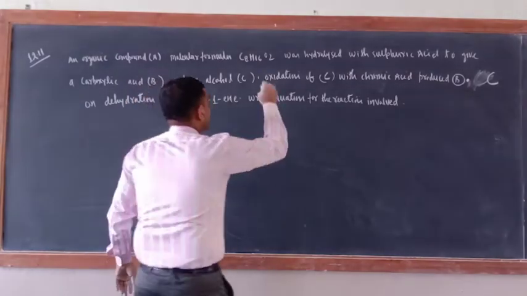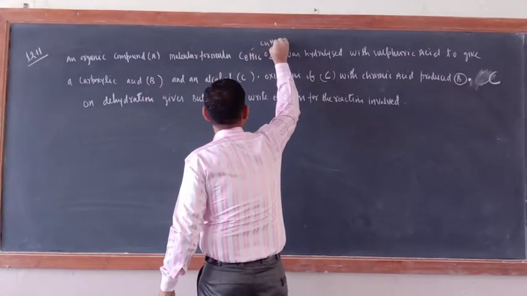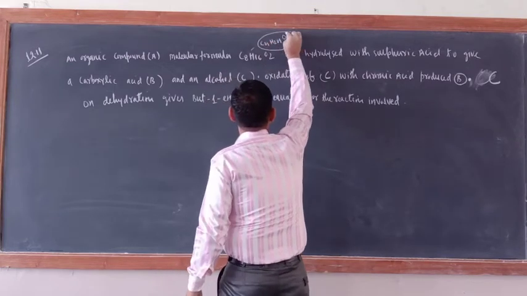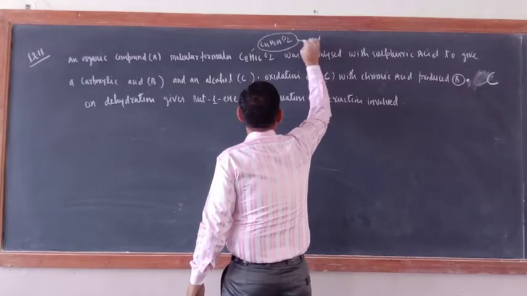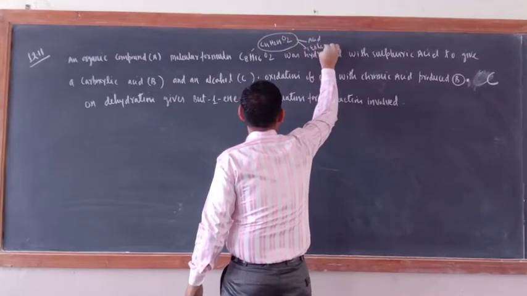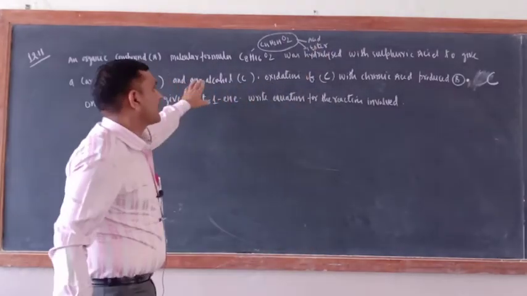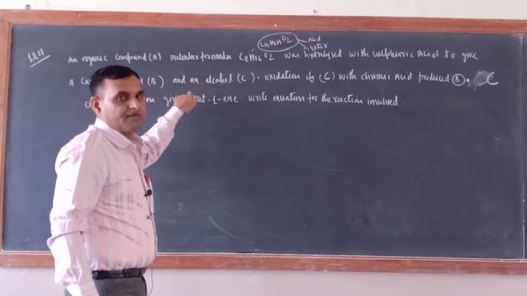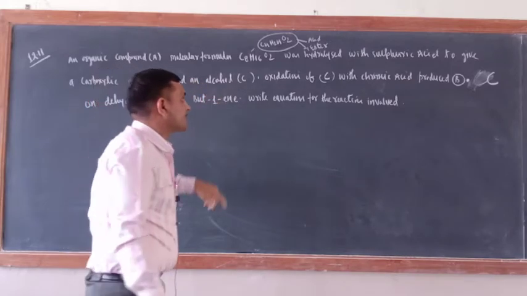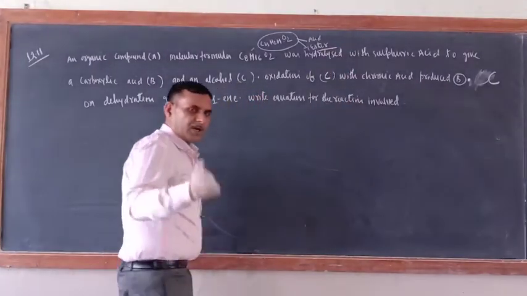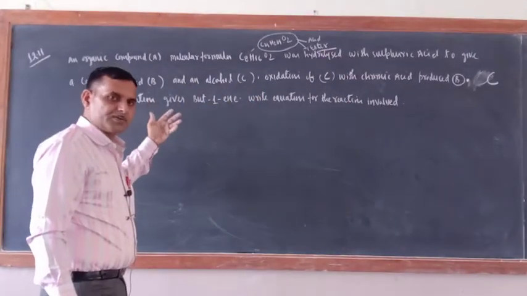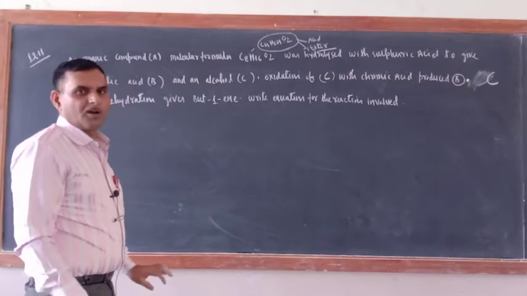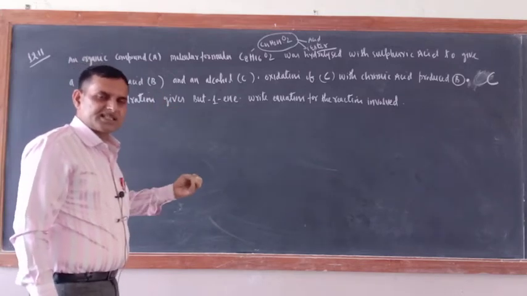Another hint is also there. If the molecular formula belongs to the category CnH2n with the number of oxygen being 2, it may be an acid or it may be an ester. So there is no chance of acid, because it is getting hydrolyzed and forming acid and alcohol. It means this is an ester only. An ester is hydrolyzed in presence of acid and produces carboxylic acid and alcohol. So one thing is proved, that this is an ester.